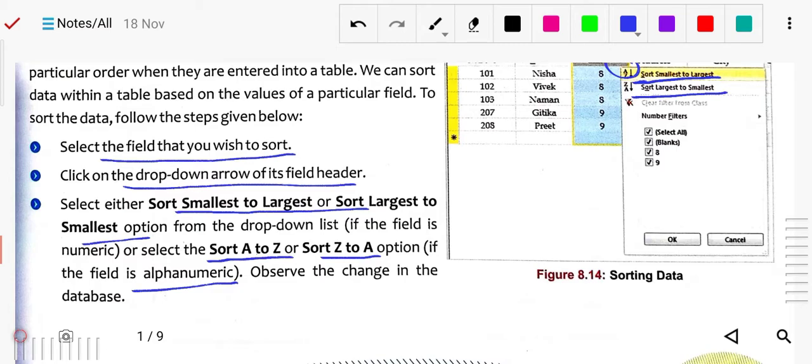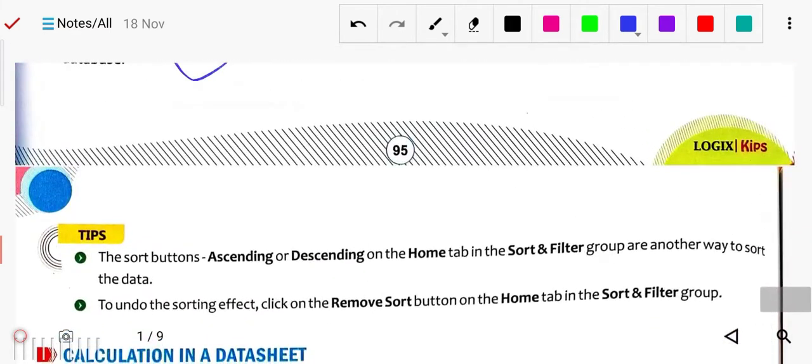If only numbers, only alphabets, or a combination of both, that is called alphanumeric, meaning numbers as well as letters. According to our use we will select, and then it will be sorted like that. Got it?